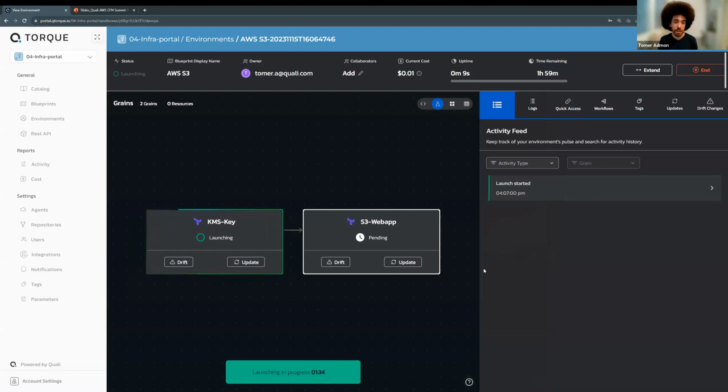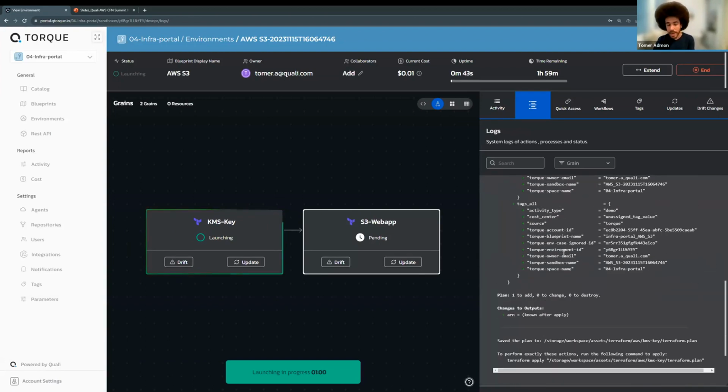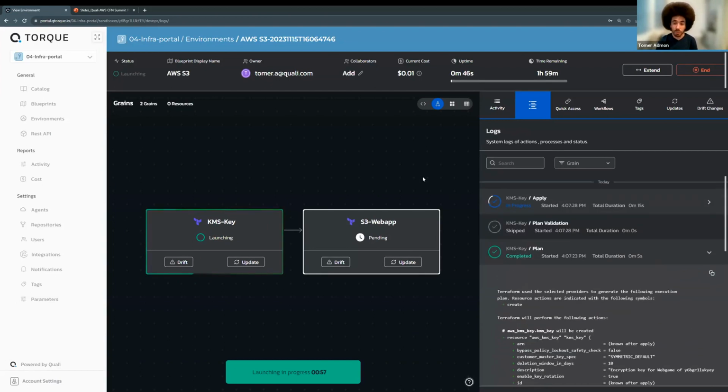Now, launching this environment basically kicks in an orchestration process. And in this case, these are 2 Terraform modules. And you will see in a second some CloudFormation related orchestration. And in this orchestration process, we're basically taking those existing assets you have, existing automation. Again, it might be Terraform, it might be CloudFormation, and we are starting to kick this to build this in the cloud. Now, right now, this is a Terraform orchestration. So you can see plan and apply and everything in this log view.